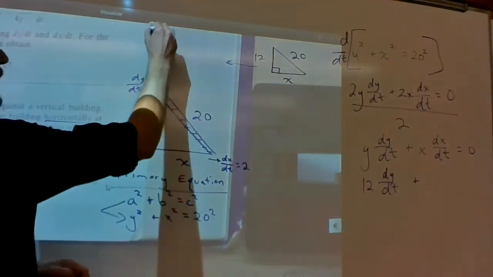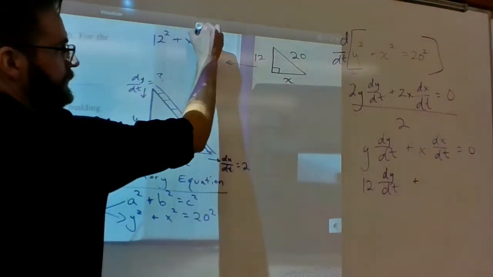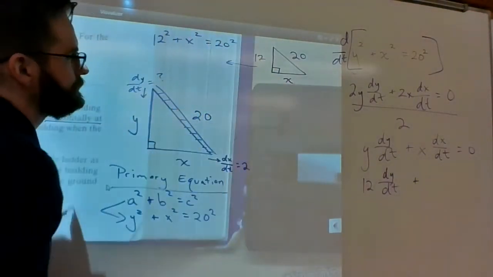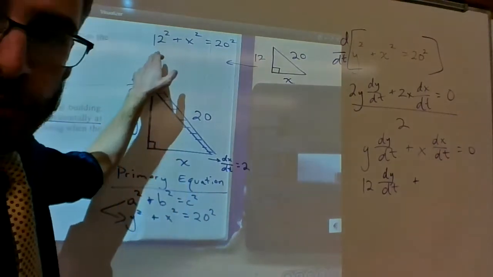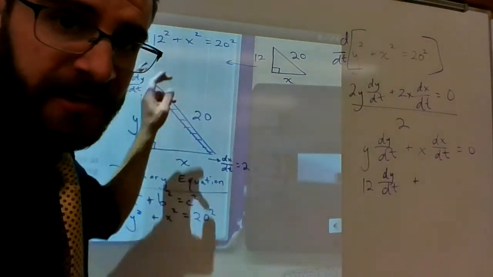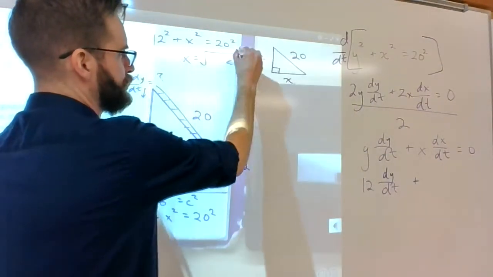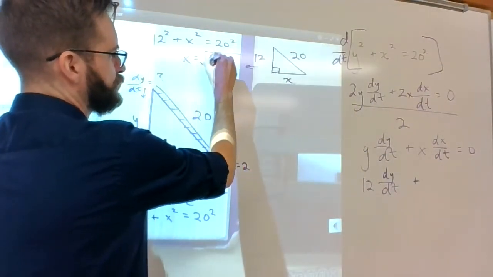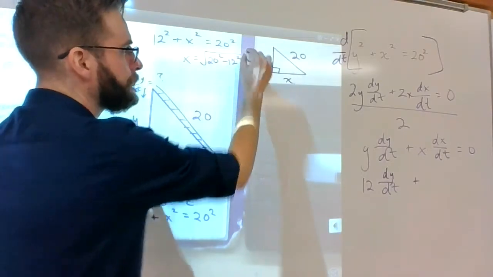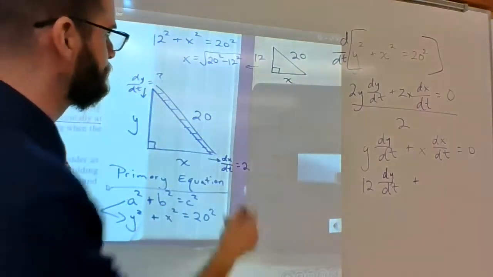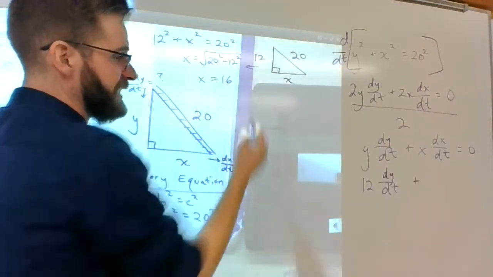So 12 squared plus x squared equals 20 squared. Now if we subtract 12 squared from both sides and square root both sides, we find that x is equal to the square root of 20 squared minus 12 squared, which comes out to be exactly 16. Okay, so x equals 16,